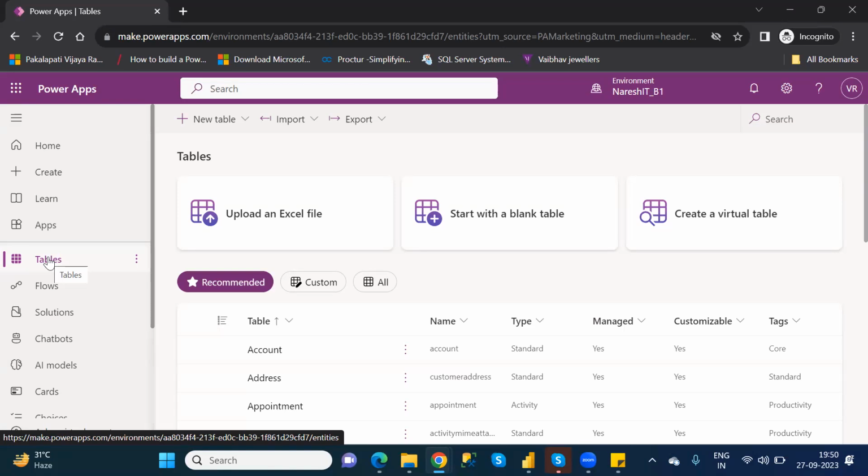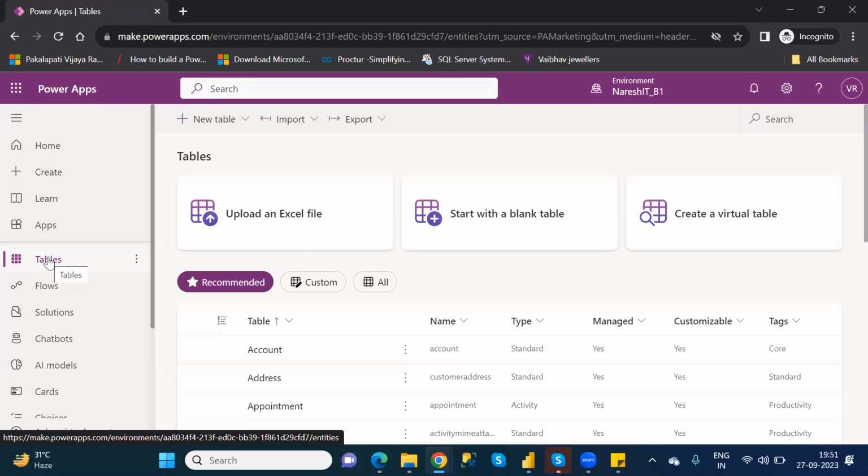In these tables, there are some default tables available, or else we can use our own tables also. For example, I have a OneDrive table. Can I load that OneDrive data here? Yes, it is possible. Understand clearly or not? Import and export options are also available inside the tables.